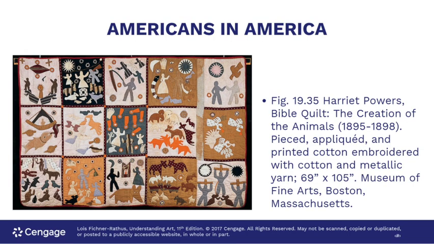This is a quilt by Harriet Powers, and Harriet Powers was actually born in Athens, Georgia. She was born into slavery, and eventually, after the Civil War, she and her husband became landowners. She was not an artist in the same sense as the artists we've been looking at. She was primarily a wife and a mother who engaged in quilt making, which was certainly an acceptable vehicle for women's artistic